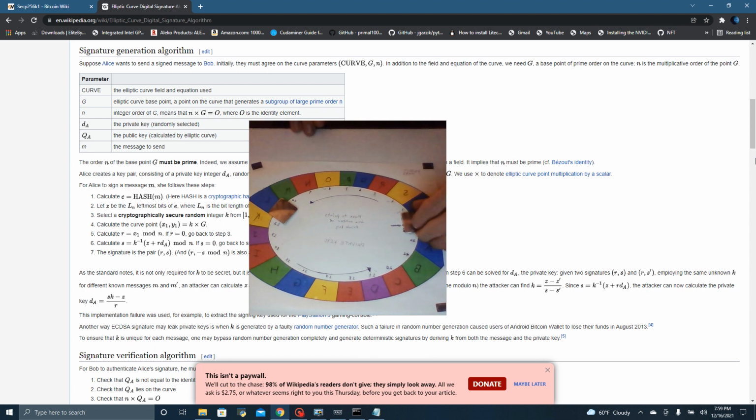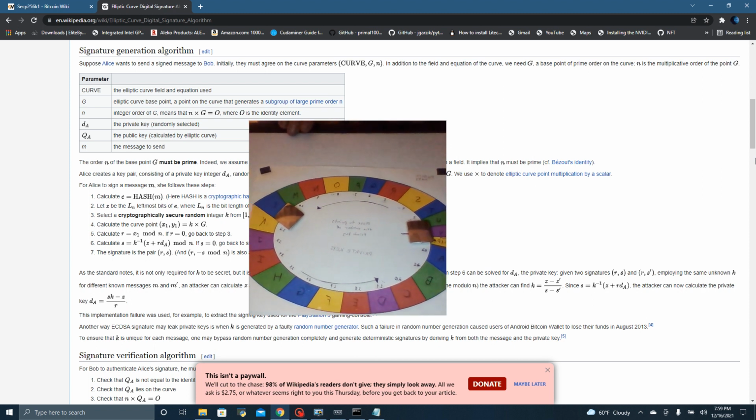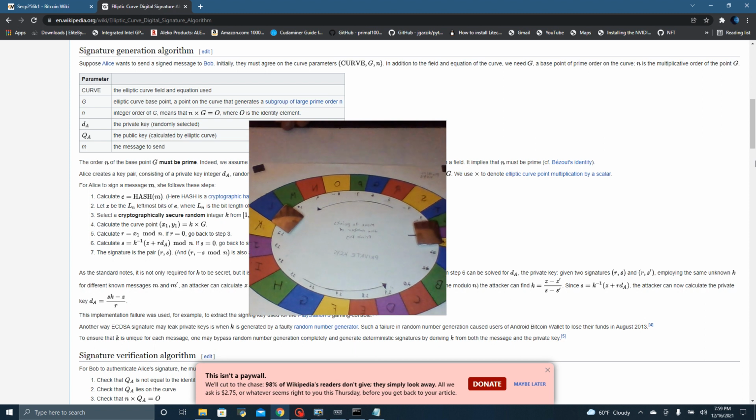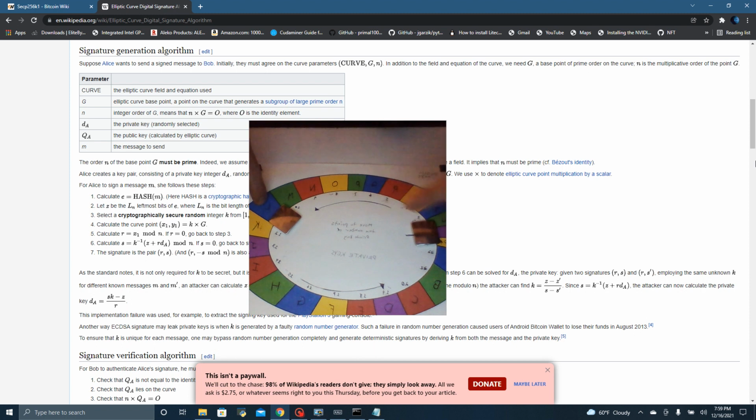Okay, his private key is 1. We all know that, and we all know his public key is V. So if these two parties were going to communicate over a secure channel, they would do something called the Diffie-Hellman key exchange, where Alice would tell Bob her public key, and Bob would tell Alice his public key,